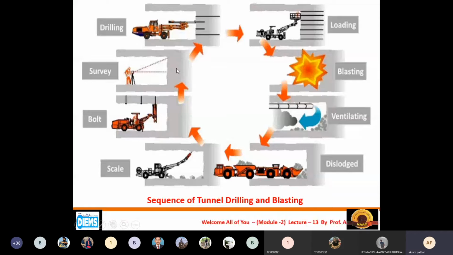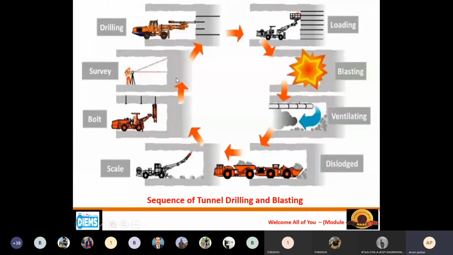Then also the tunnel is used for the purpose of water supply. Somewhere we have to use the tunnel for supplying water, and in case of oil, if you want to supply the oil from the mine up to the industry, in certain cases we have to use the tunnel.